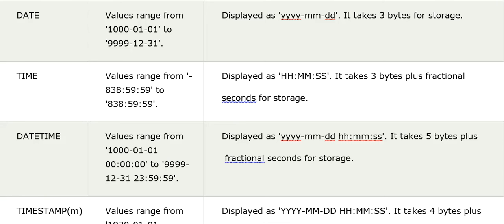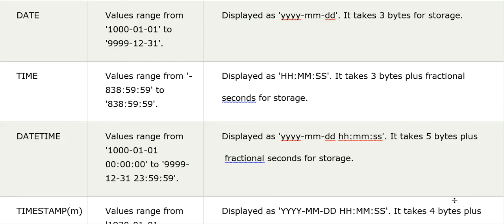Next one is the TIME. Here the time value ranges from -838:59:59 to 838:59:59. It displays as hours, minutes, and seconds; the timing will be in hours first, then minutes, and then seconds.